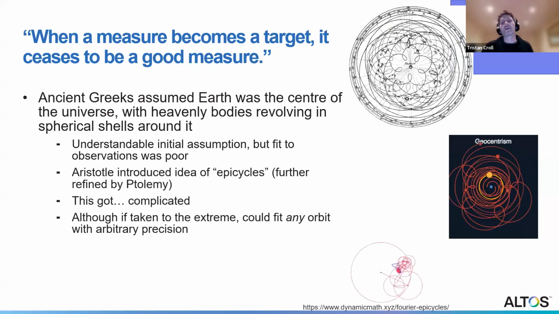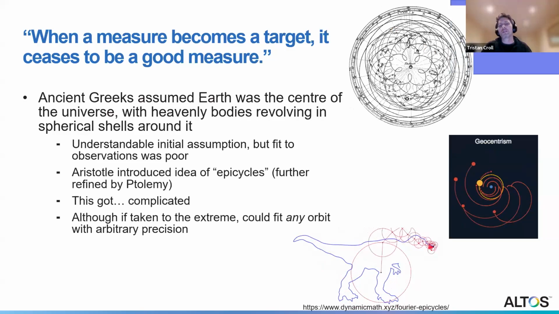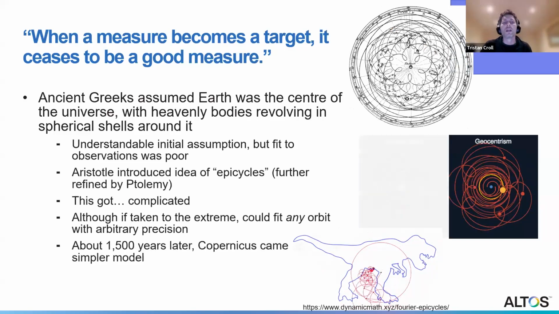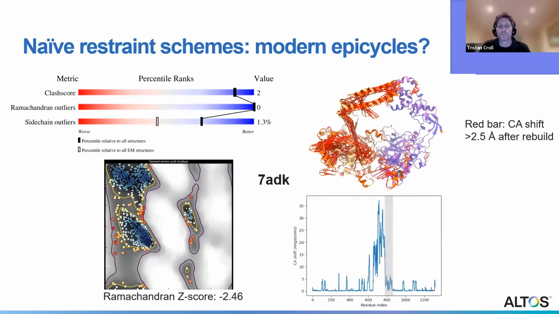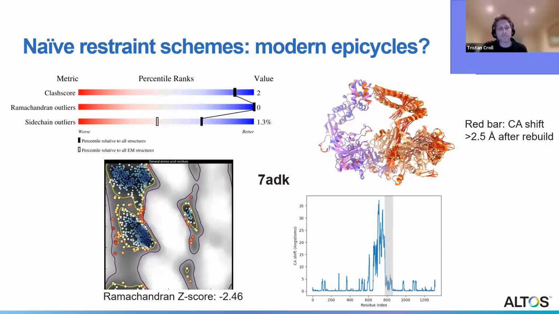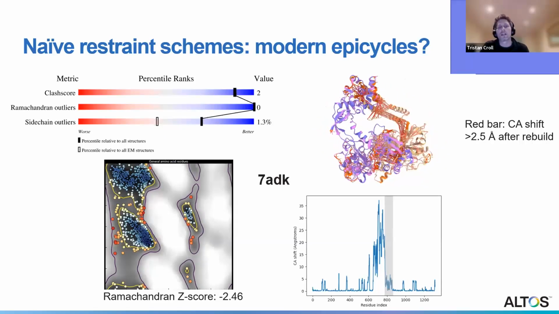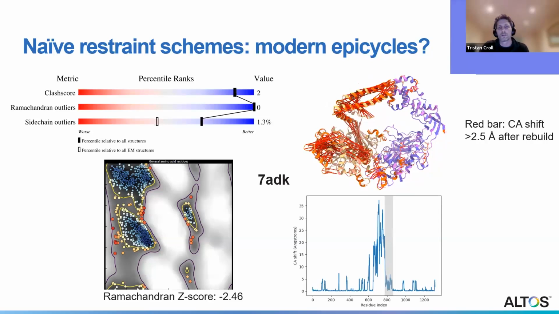Really quick. Okay. So the point of this was that people used epicycles to try and force fit observations to data. And honestly, that's more or less what we're doing today with a lot of the restraints, and I worry that that's what I'm doing sometimes as well. The worst case of that is this model from a few years back now, which passes most of our validation criteria with flying colors, but is disastrously wrong when you look at the details. There are huge areas massively out of register. And so we really need to start rethinking this very, very carefully.